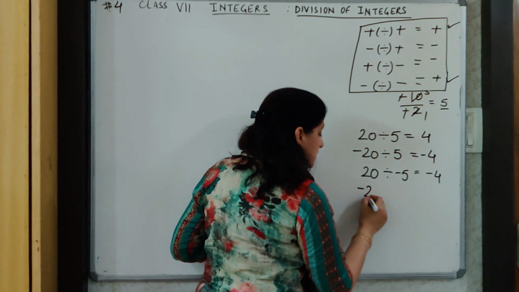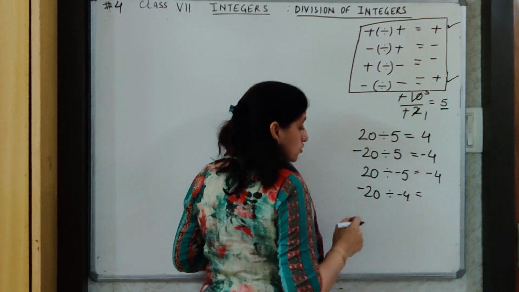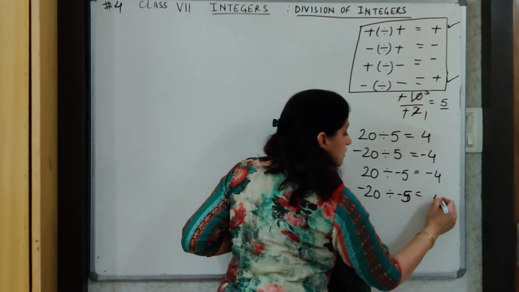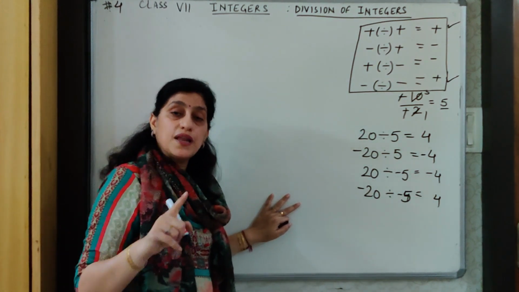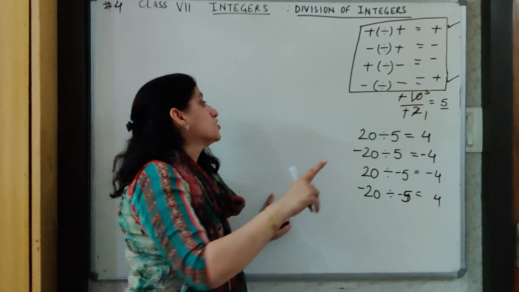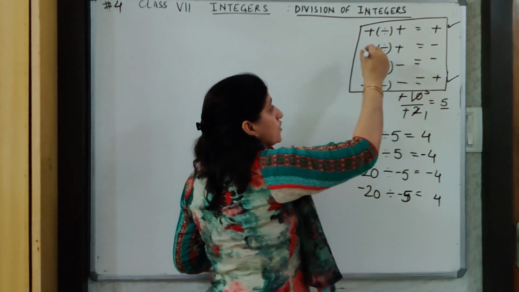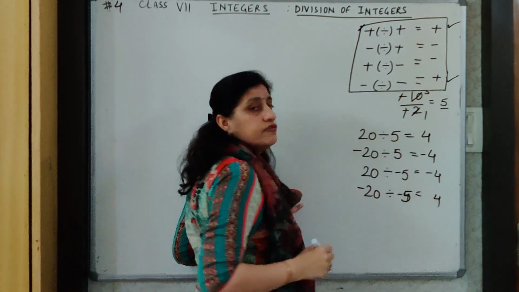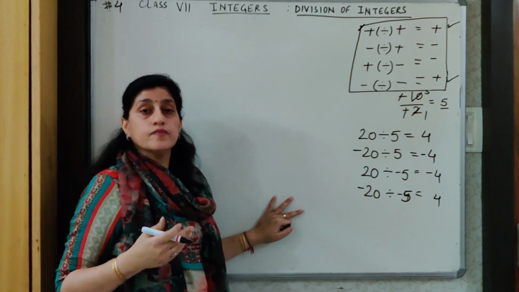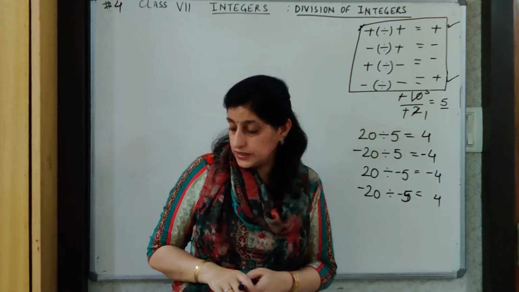And if both the integers are negative, just as I told you here also, let me divide it by the same number. The answer will be 4 and this will be plus, because here we are dividing two negative integers. So when two negative integers are divided, the result is plus. What you have to remember in this is this key rule for the division of integers, and based on this knowledge we will now begin some questions. So I hope this is very clear to you. So let's proceed.